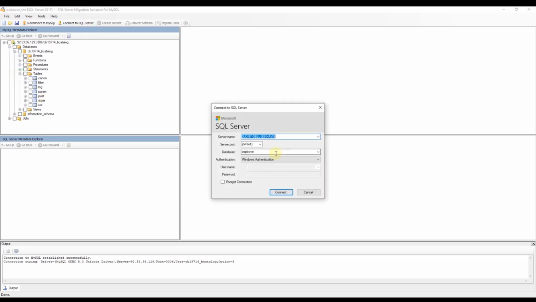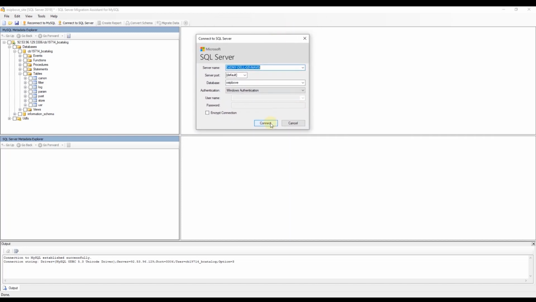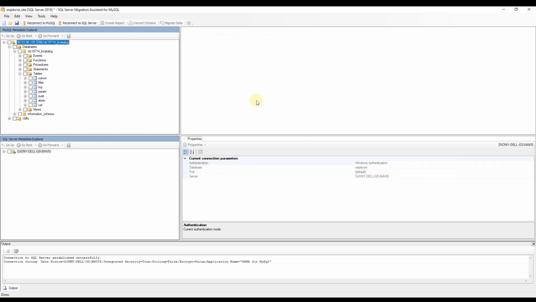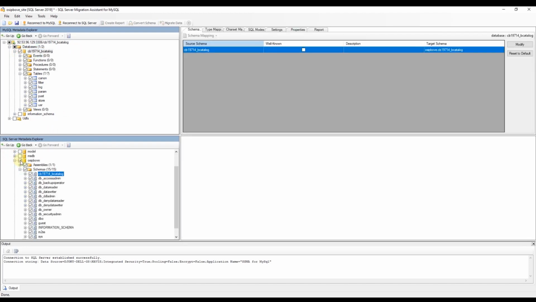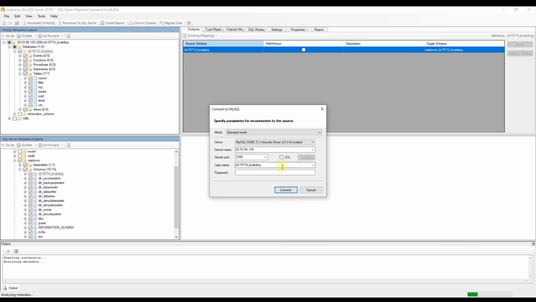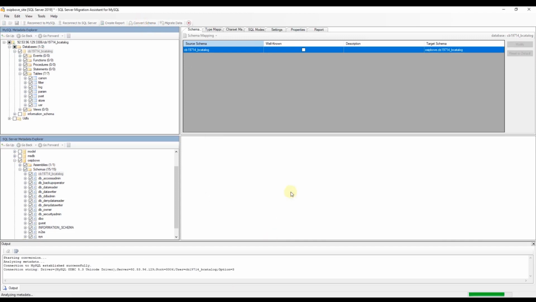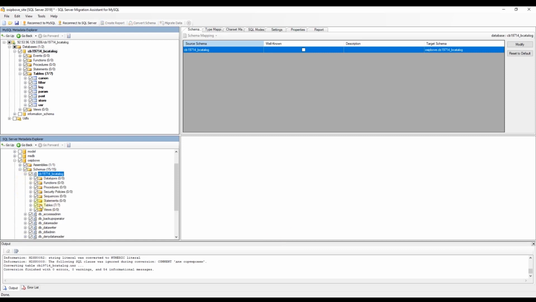Now click to connect with SQL Server. Make sure you don't tick this box, although it is a matter of setups. Alternatively, you may use another authentication. Excellent, database is loaded. Now we should select both databases. Then click to convert schema. The schema has been converted,